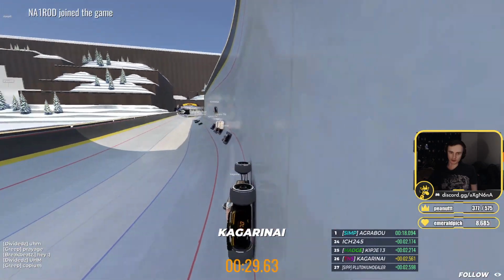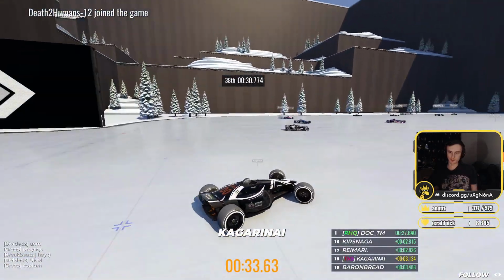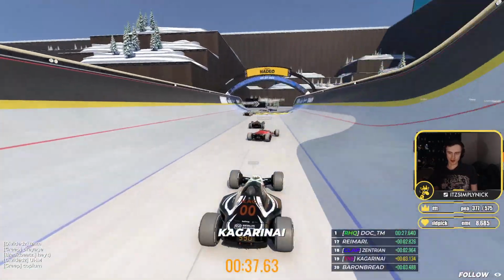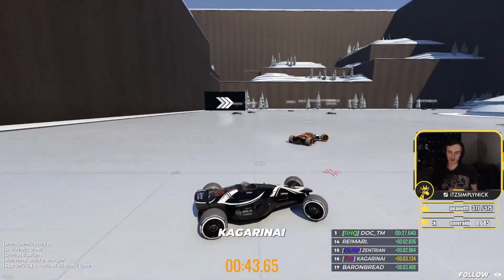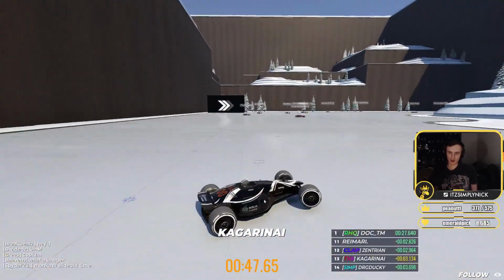Cag doing it pretty good, taking it safe. But then we have this difficult turn, which is the one I was going to talk about. Sliding out. So this one, you want to be using your brake taps. So brake tap gives you a better angle. Releasing holds the angle. So